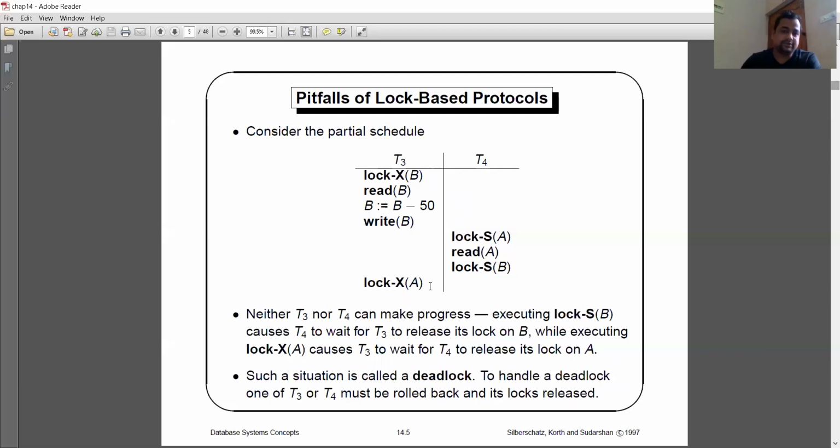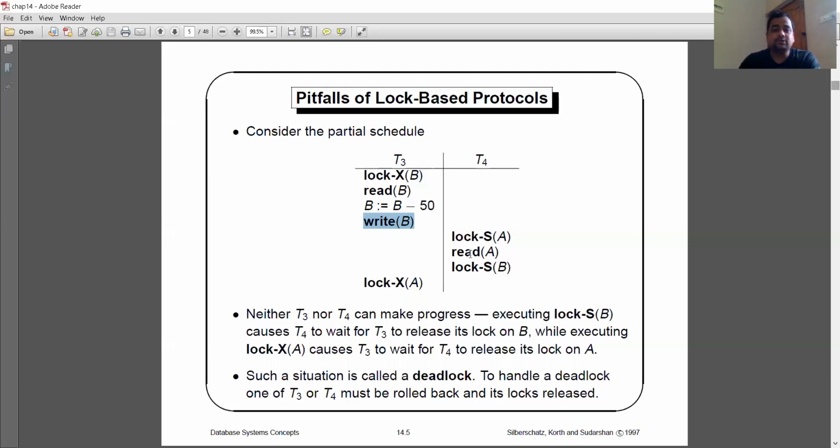Why? Now I can check over here. There is a lock X, we have to put an exclusive lock on the data item B. We have performed the read operation, then there is a modification and write of B. At this point, there is no unlock operation over there. That means the value of B is associated with the transaction T3. The value is held by transaction T3.